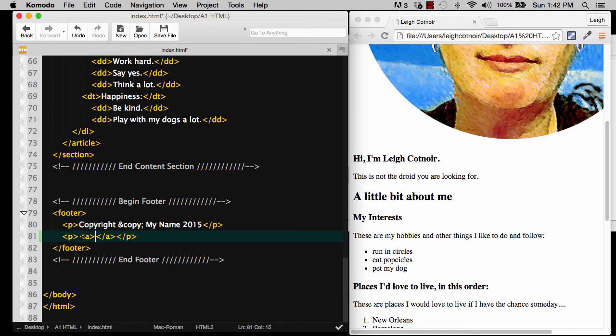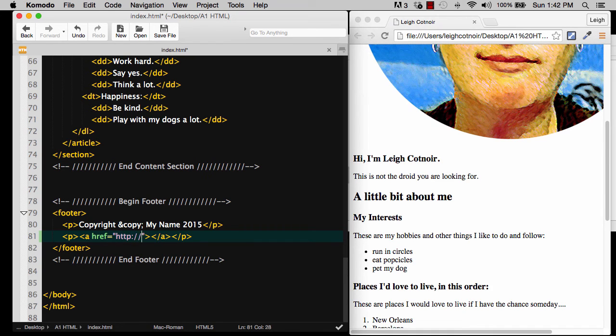Okay, so this is what we've got so far. An A tag really needs to have something else besides A. It really is pretty much useless without attributes and values. So the attribute that we need is href. Okay, that stands for hyperreference. And then we need a value for the hyperreference so we know where it's going to go. And let's just say that right now it's going to be an absolute link. I showed you what a pathway that's relative was whenever we made our image pathway before. But this one is going to be